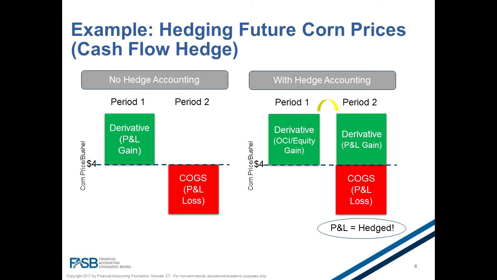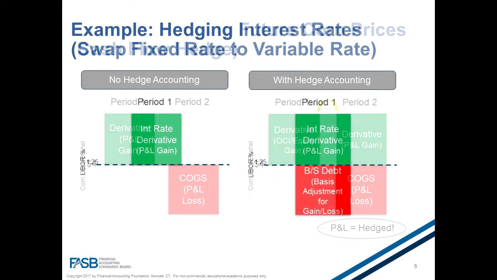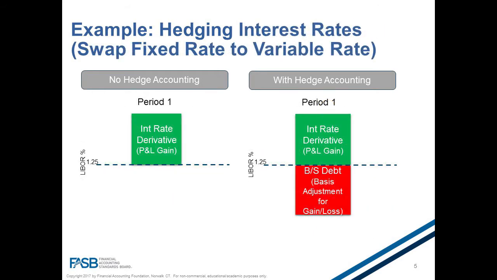Okay, so what about an example that involves hedging financial items? Sure. So let's say I want to hedge my exposure to changes in interest rates for fixed rate debt. I could enter into a swap to convert the fixed cash flows of the debt I have to a variable rate cash flow. Without hedge accounting, the swap is marked to fair value through the P&L without any offsetting change in the value for the underlying debt. Hedge accounting eliminates this mismatch by providing for a basis adjustment to the underlying debt. In other words, the change in value of the swap would be offset by the change in value of the